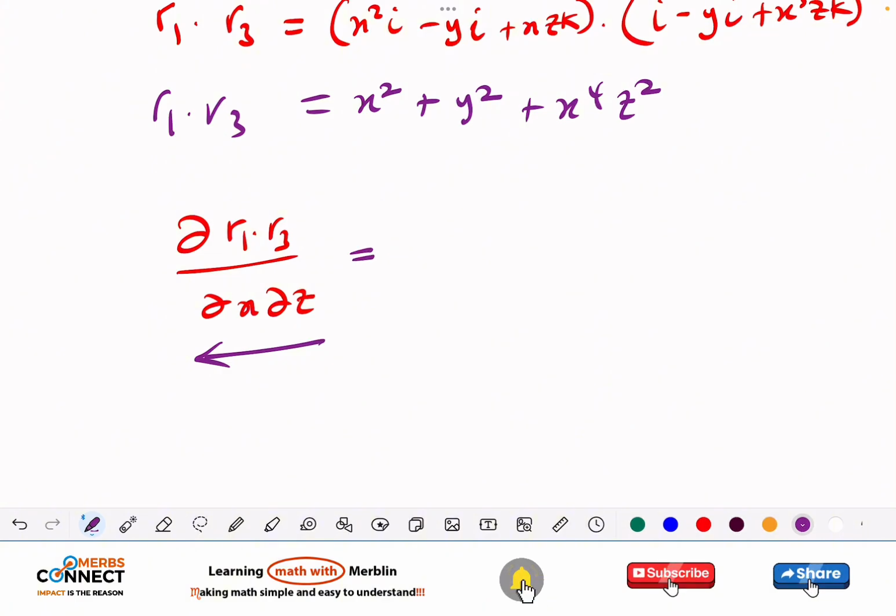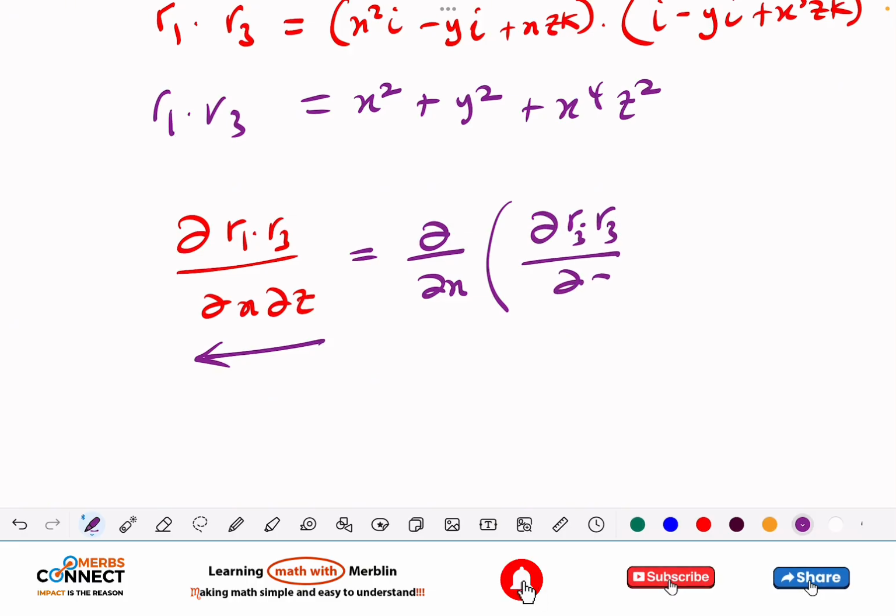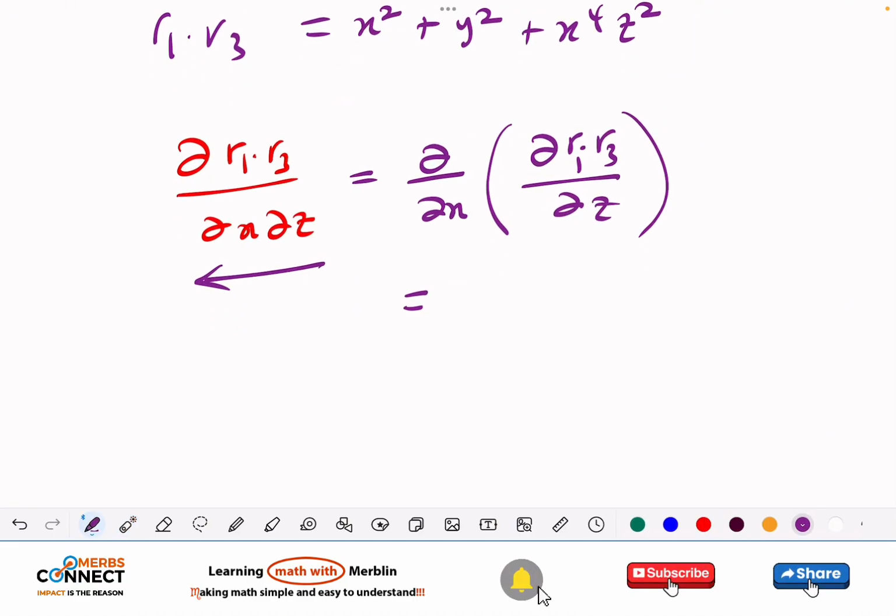So I can write this as partial of x in bracket partial of r1 dot r3 with respect to z. r1 dot r3 is what we just found, so we are going to just put it inside. We are going to have partial of x, and then partial with respect to z,